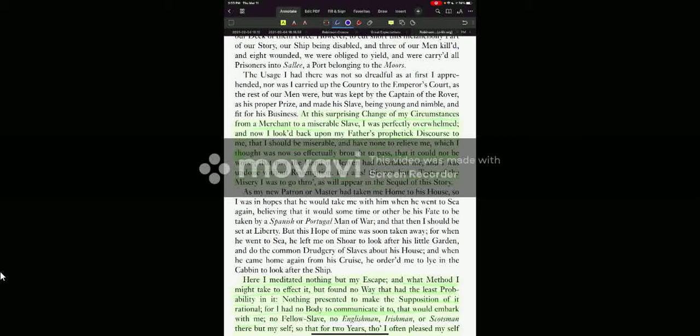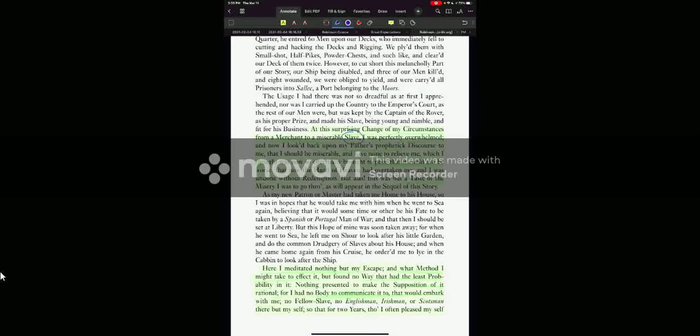At this surprising change of my circumstance from a merchant to miserable slave, I was perfectly overwhelmed, and now I look back upon my father's prophetic discourse to me, that I should be miserable and have none to relieve me, which I thought was now so effectually brought to pass, that it could not be worse. That now the hand of heaven had overtaken me, and I was undone without redemption. But alas,